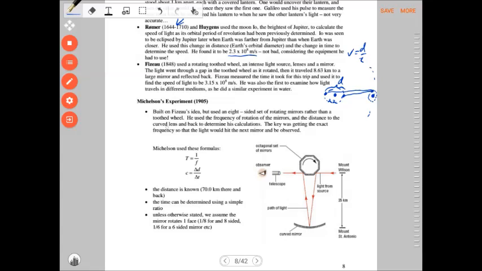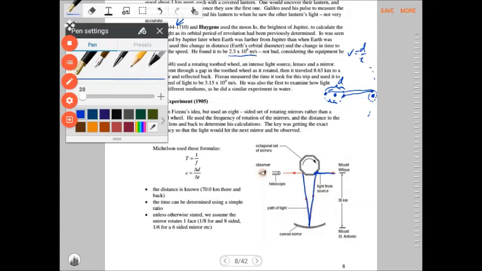Okay, and the distance to the curved mirror and back to determine his calculation. The key was getting the exact frequency so that the light would hit the next mirror and be observed. So basically what has to happen is this light comes in, gets reflected off this plane, goes out to this curved mirror, like 35 kilometers away, bounces back, and in that time, this, here